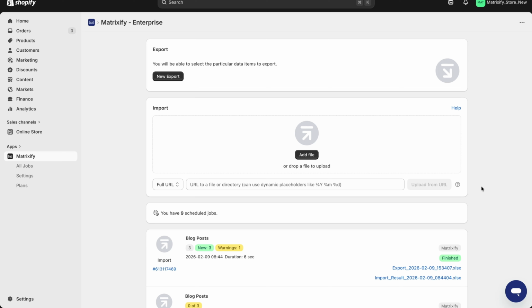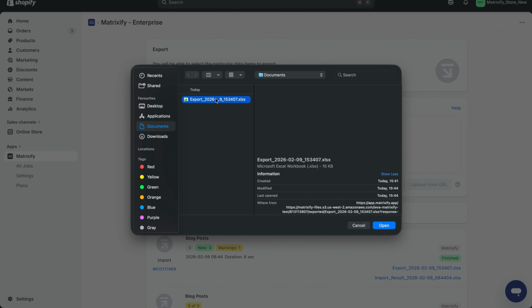But in this case, as I would like an exact clone of my blog post in my previous store, I've not made any changes to the data in the exported file, but just so you know, this is something that you can do if you would like to. Now I'm going to go ahead and take my exported file from my previous store and import it into this store. To do so, press Add File in the Import section here, select the file that we've just exported and